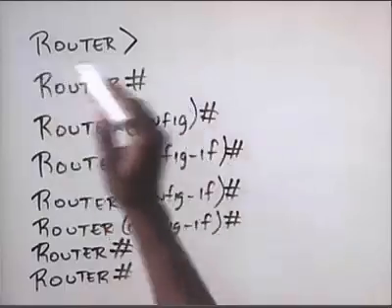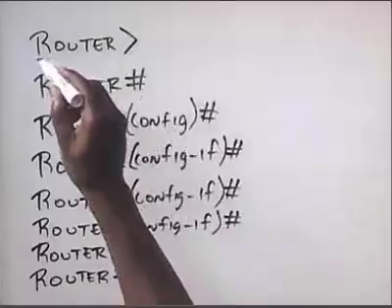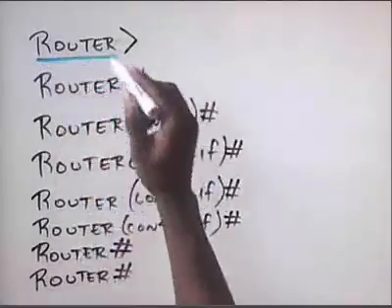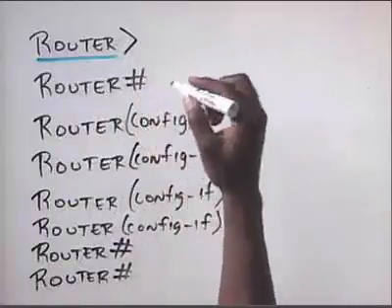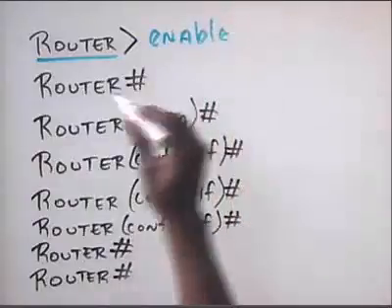Let's take a look at how to configure router interfaces. Let's assume we're starting with a fresh router here. The default host name of a router is, of course, router. Here we're starting off in user mode. In order to move from user mode to privilege mode, we type the word enable, which puts us in privilege